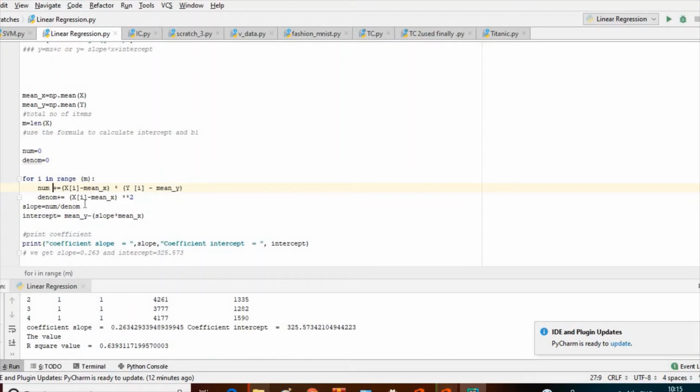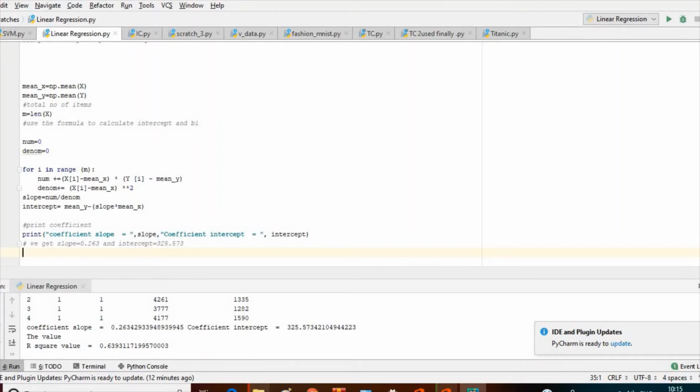I will put this code in the description of the video so that you can copy and paste it, execute the same thing, and have a better idea of it. So like this, we have calculated the intercept, which is equal to the mean of y minus the slope multiplied by the mean of x, and here we are printing the slope and intercept of the line. This is calculated in the same way as we discussed statistically.